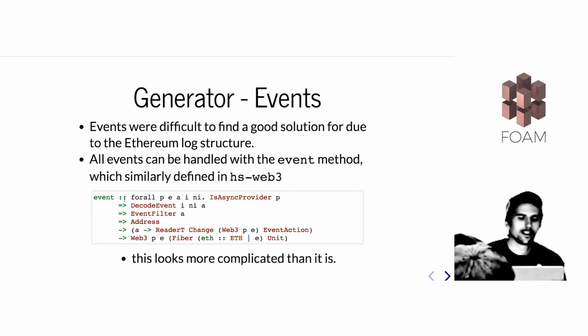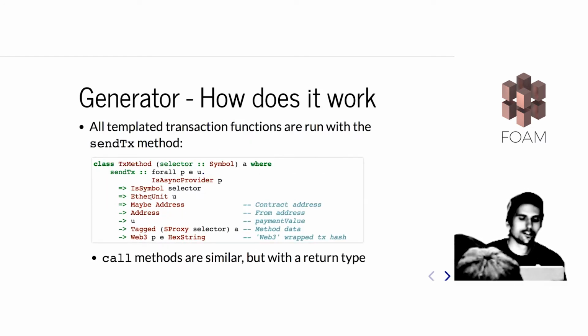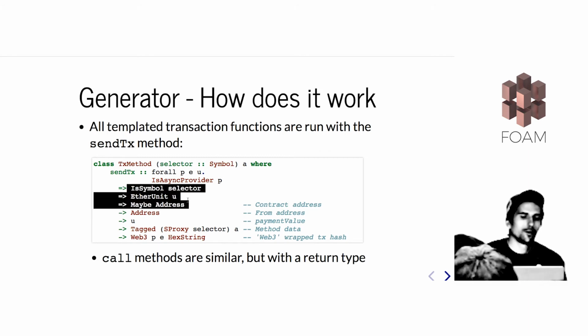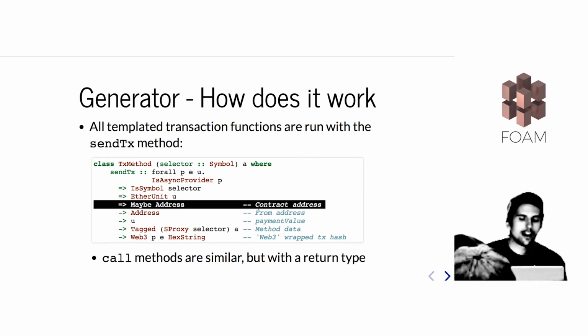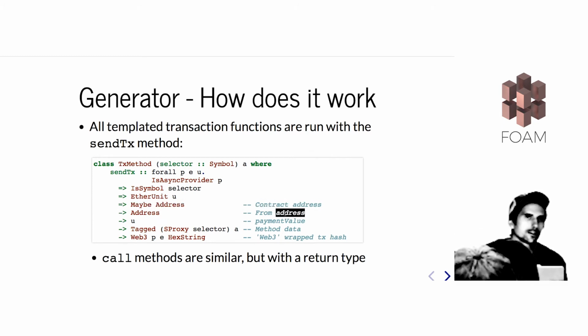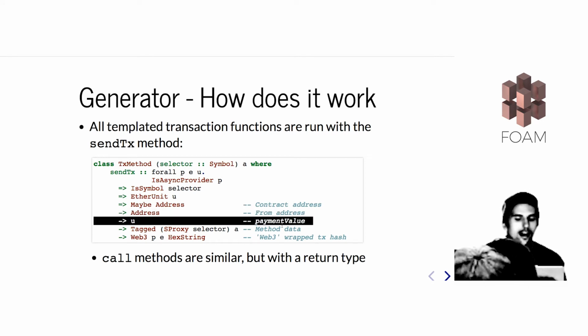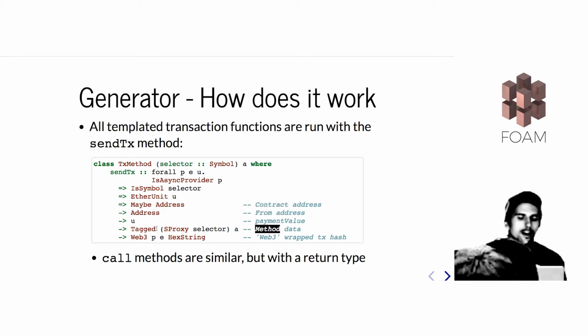This looks really nice, right? What am I supposed to do with this trade? This is a transaction thing. Okay, there's some weird stuff about symbol and Ether unit. I can imagine that that's some unit of Ether. And then the maybe address, that's the address you want to send this transaction to. The maybe is because the null address in Ethereum is very special. It's how you create contracts. Your address, the payment value, and something. And then there's some tag, that's noise, whatever. And then A, what's A? I don't know what it is, but